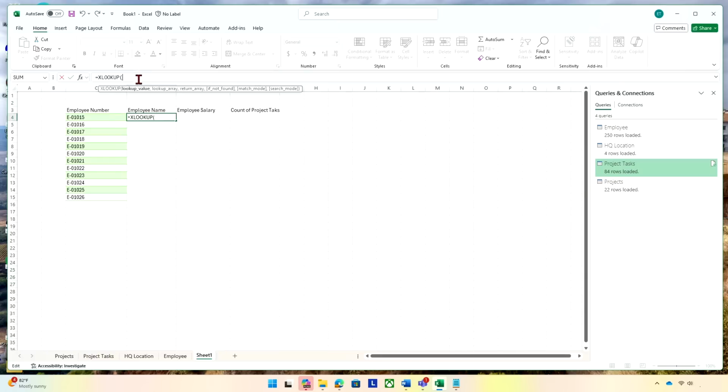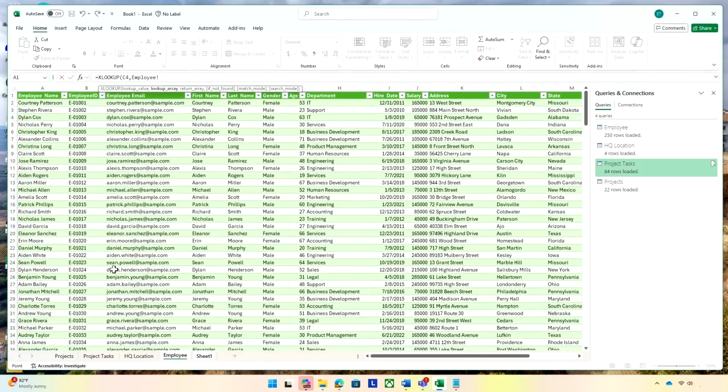And then the first thing that we're going to declare is the lookup value. We're going to be looking up this employee number in cell C4 and put in our comma. And then let's hop over to that employee table where we can return that employee name based on their employee ID. We need to declare the lookup array. The lookup array is in column B. So go ahead and select that entire column, put a comma in,